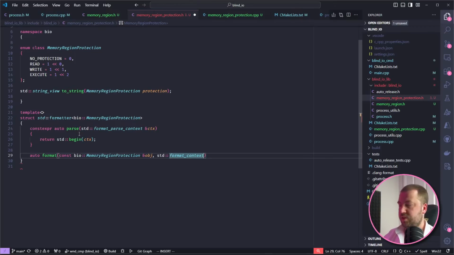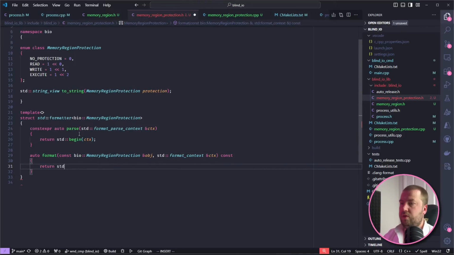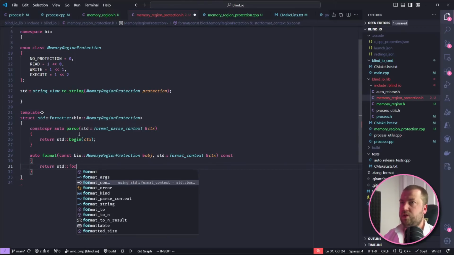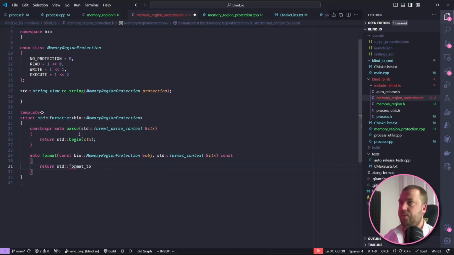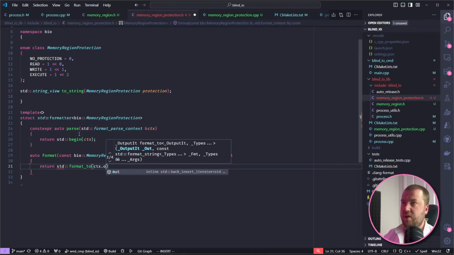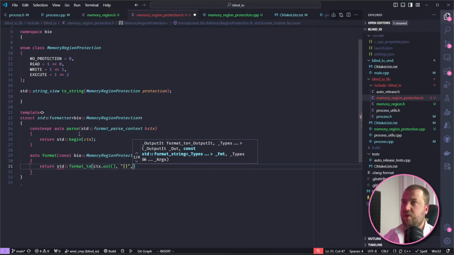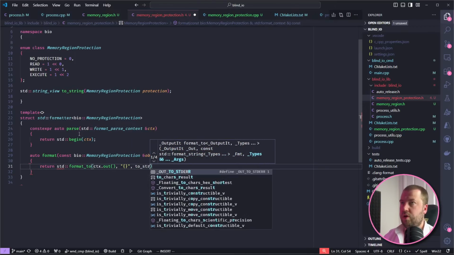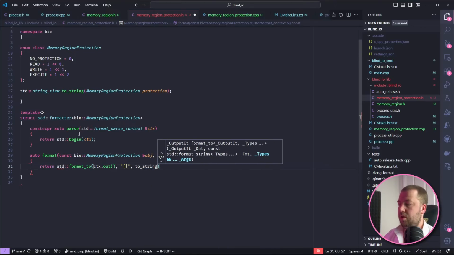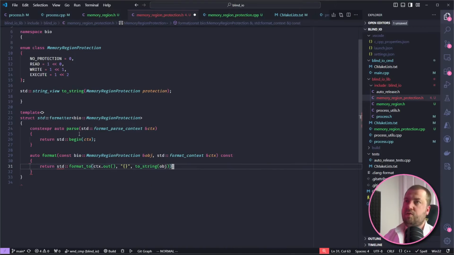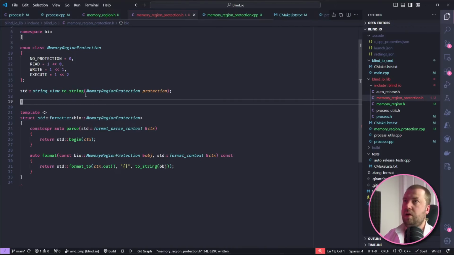Oh no, we do need that, because I think that contains where it needs to write to. And then we can return std::format_to the thing that it's given us, and then the actual thing we want, and now we can just call toString on obj. This is why I like to write the toString first, because we end up reusing it a lot.